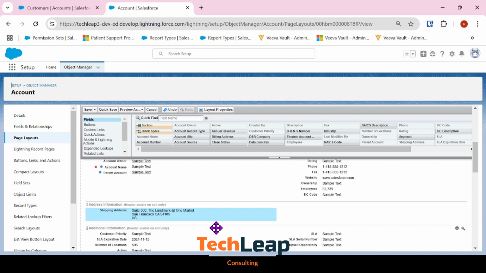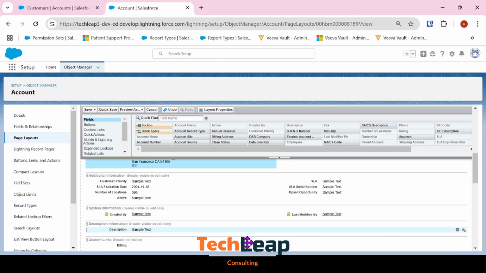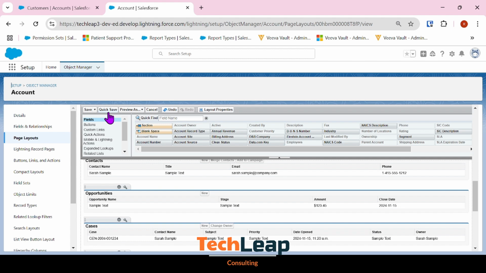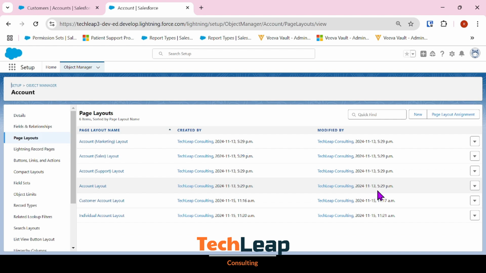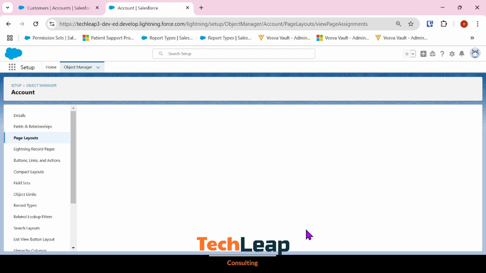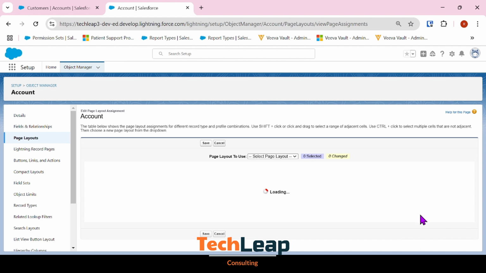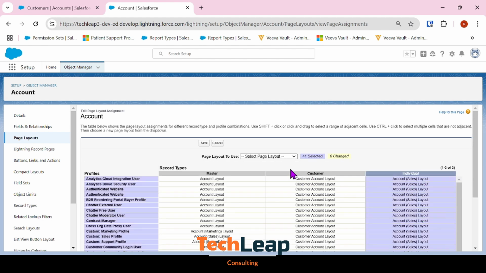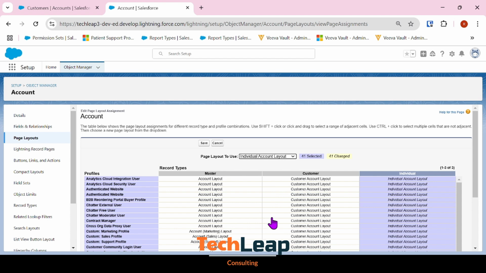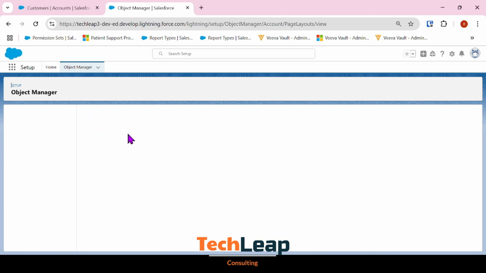The change that we have here is that we do have the SLAs still being captured as part of the individual record type. So go back to the page layout assignments, edit the page layout assignments, select the individual record type and select the new layout that we have created, individual account layout. Let me hit save, and now that the assignment is complete,